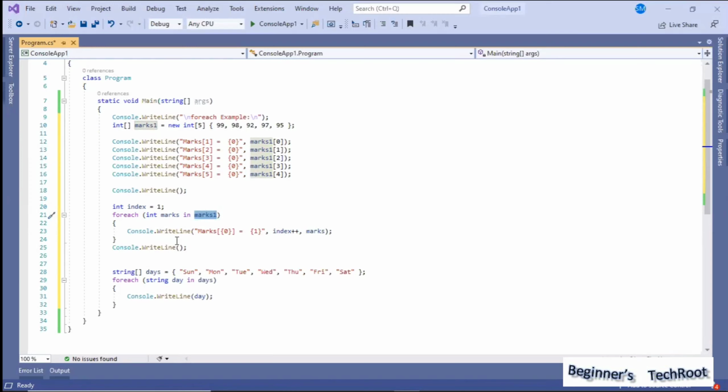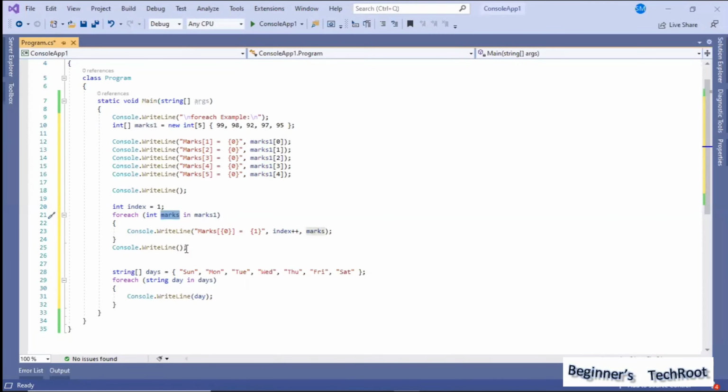So it's very easy. The same can be done with a for loop, but instead of the for loop, for each is very convenient to use. So with int marks, every value will be overwritten into this variable as the loop continues.